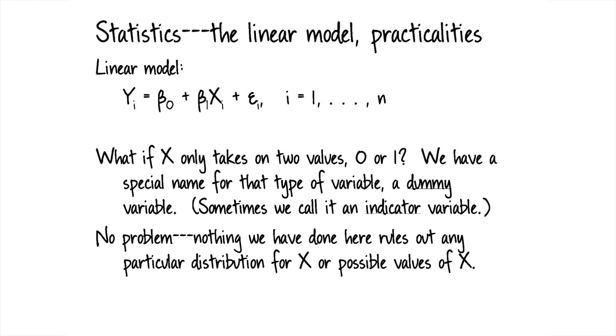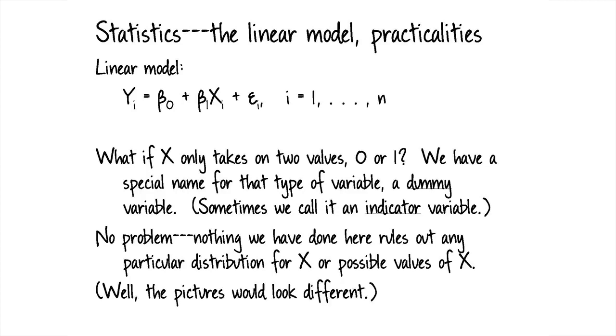Okay, another practical issue. What if x only takes on two values, 0 and 1? Well, we have a special name for that type of variable. We call it a dummy variable, or sometimes an indicator variable. And there's no problem at all in that. There's nothing in our assumptions that rules this out. So that is not a problem for estimating a linear regression, and in fact, dummy variables can be